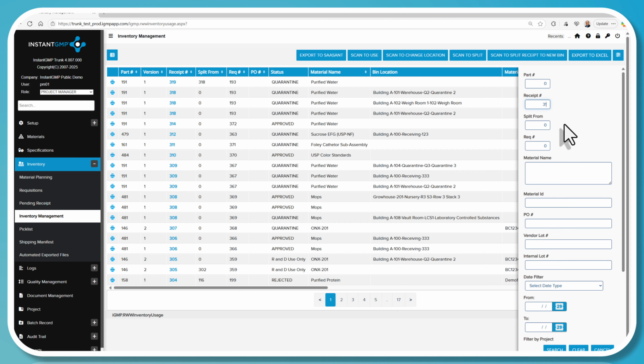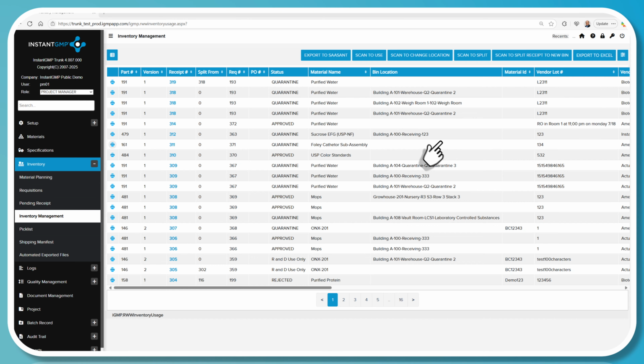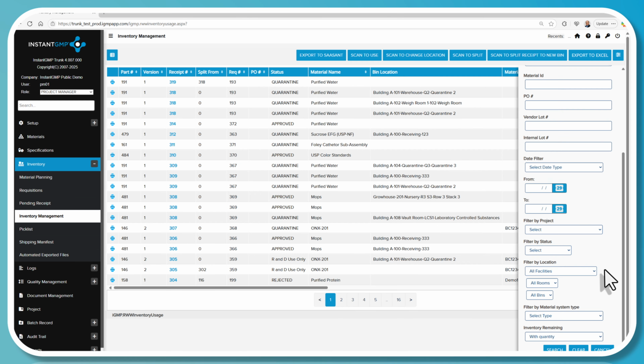You can see where all the split material is located by searching for the receipt number in the search panel. You will see all the locations plus the total quantity of all bins at the bottom of the summary. Want to know what's in a specific bin? Just search for the bin in the summary screen, and you'll get a full list of all materials currently stored